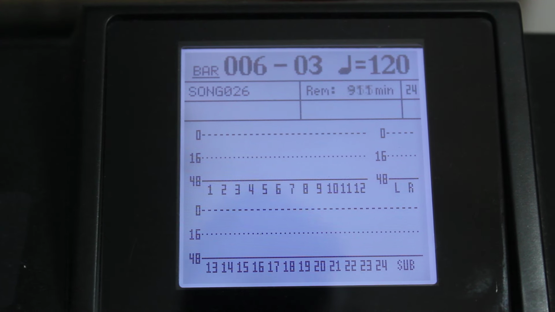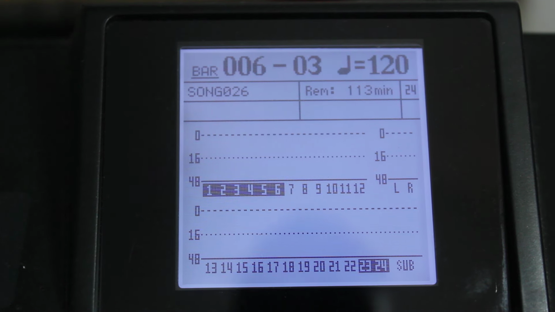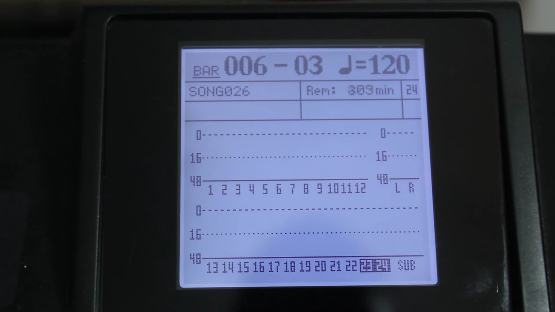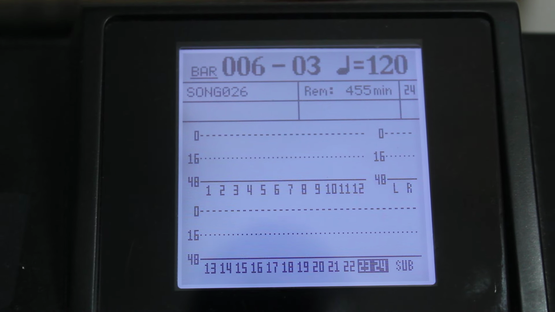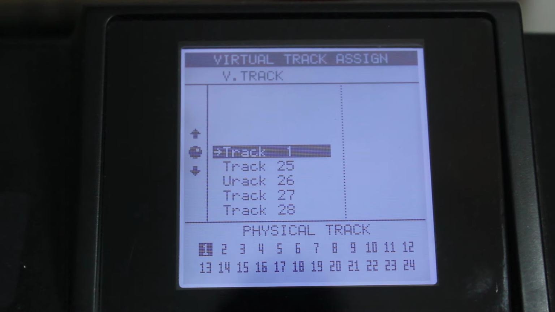So I'll remove these 1 through 6, and then bounce them to 23 and 24, and now you have stereo drums, and you have tracks 1 through 6 open. You can sing all your background material, right? So you trade 1 through 6, instead of erasing them, you trade 1 through 6 to virtual tracks, 25 through 32 or whatever, and then you go ahead and